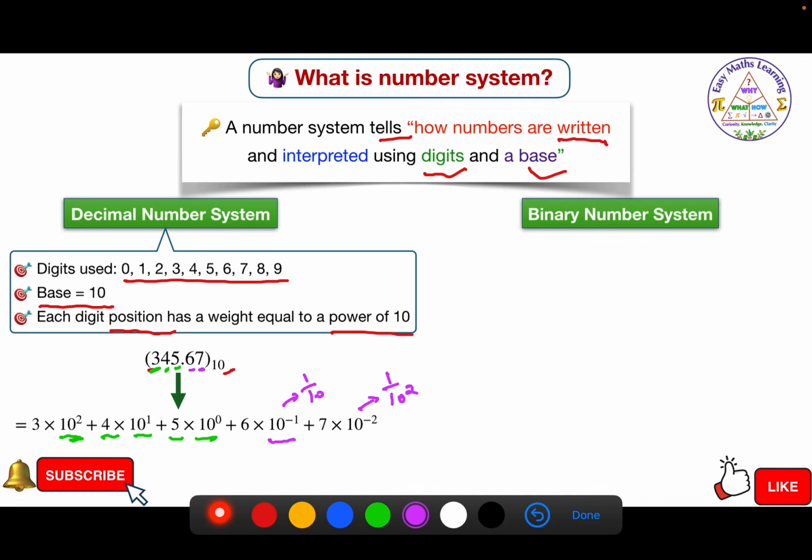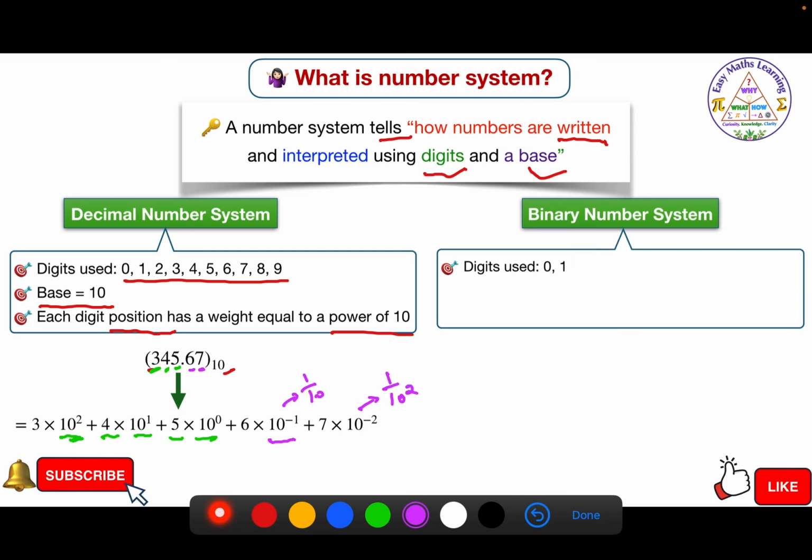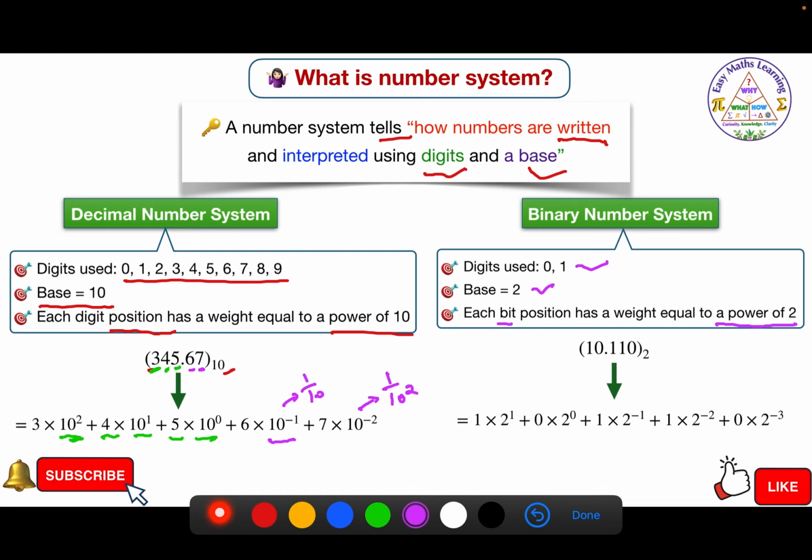In binary number system, only two digits 0 and 1 are used. Base for binary number system is 2 and each binary digit is also called a bit. So each bit position has a weight equal to power of 2. So in decimal number system we use power of 10. In binary number system we use power of 2. For example,